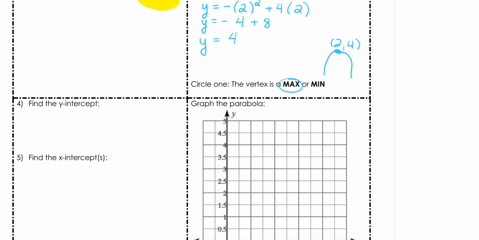Find the y-intercept. Now, if you recall, the y-intercept, when you're looking at a quadratic, is your c value. It's your constant. Since your c value here we saw was 0, they had no constant, that means your y-intercept is 0, 0. This parabola is going to cross the y-axis at the origin, okay? All right, so next,